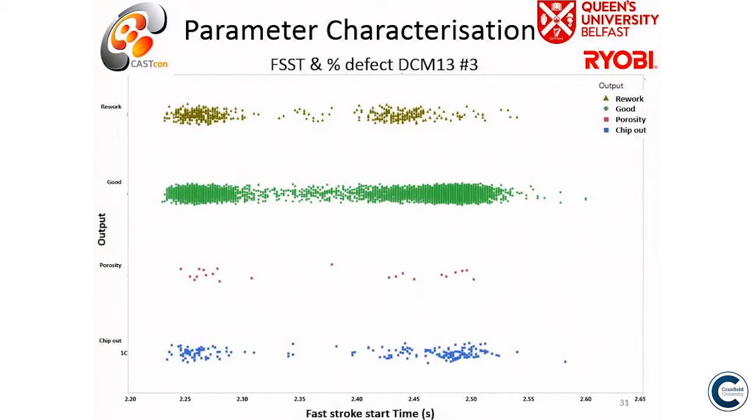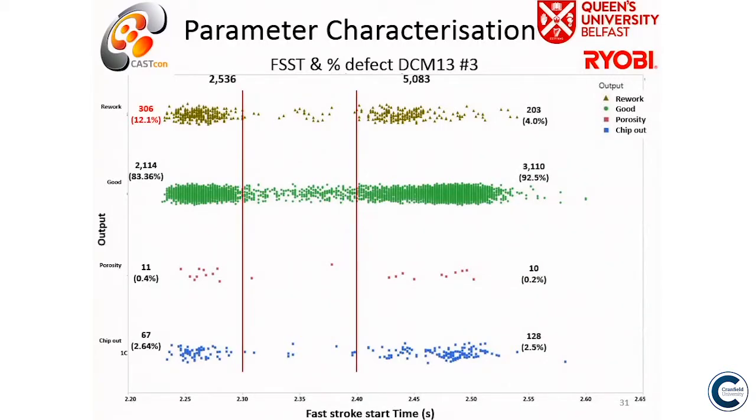Another example of parameter characterization, again, we're looking here at fast stroke time. Our output here is in terms of chip out, porosity, good and rework. We've got the different types of defects up there. And clearly, presenting this many data points, you're starting to see some clustering. But not only that, if you take it a little step further, you're going to say, okay, this is an area that maybe,